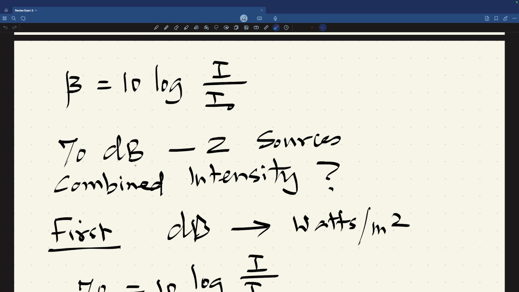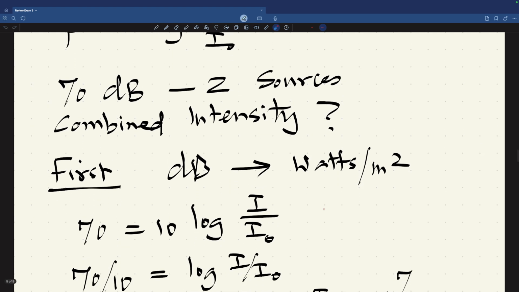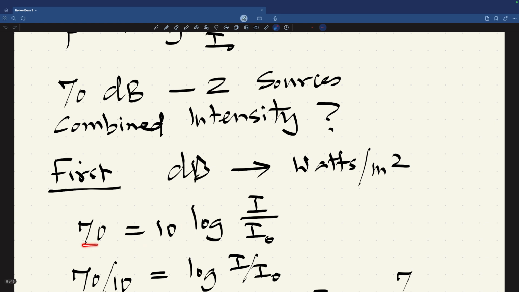Now it is not 2 times 70. It is not 140 decibels. You cannot do that. There are 2 steps here. First, you'll have to change the decibels into watt per meter square. For that, use the formula given above. You're given it 70. So,